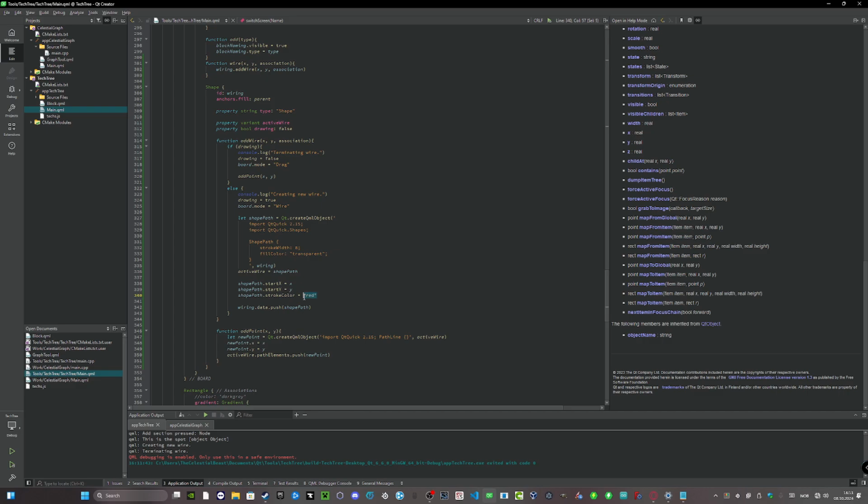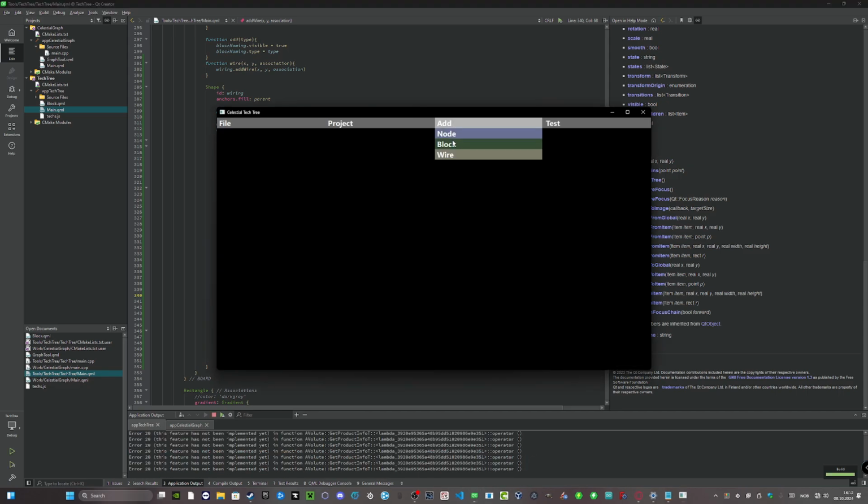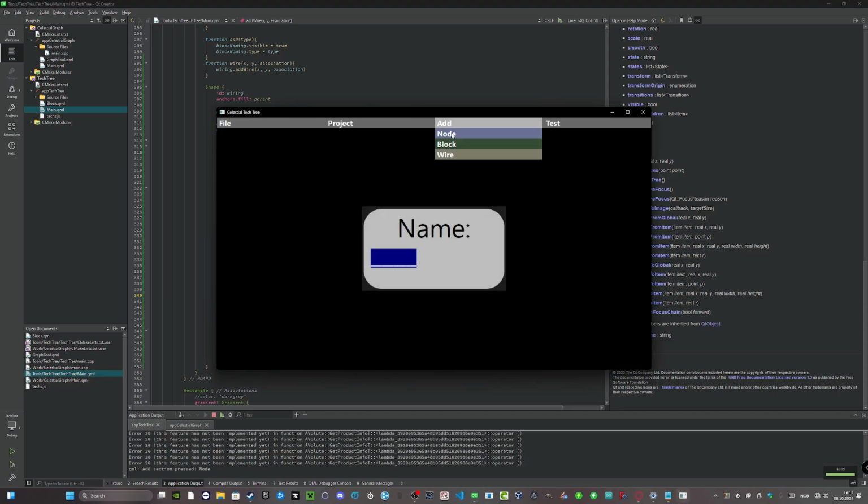Yeah, stroke color is red. That should not be that. That should be association. So iron and copper